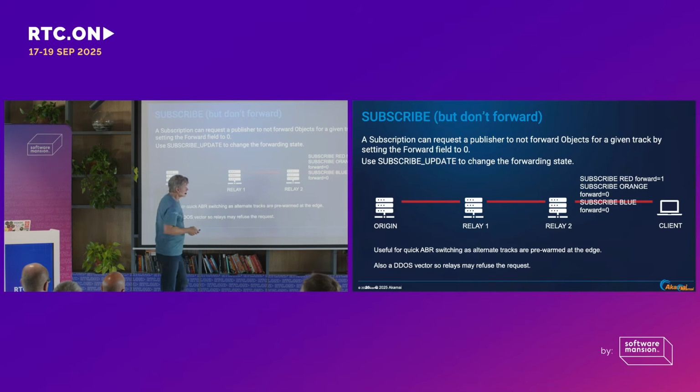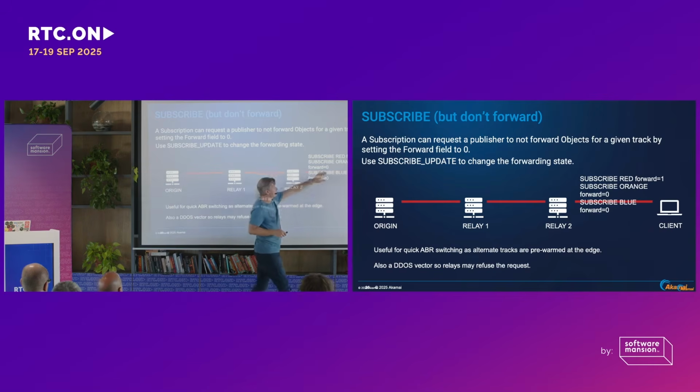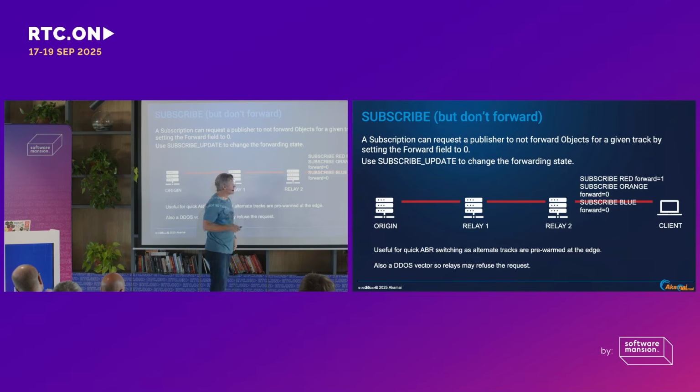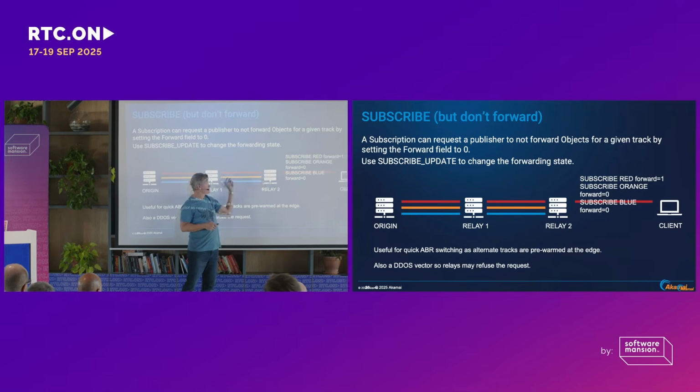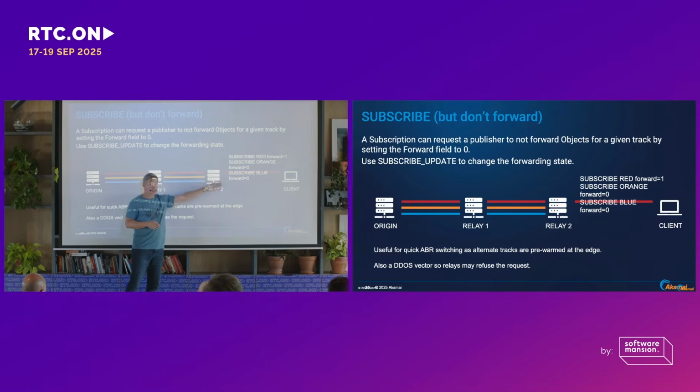The edge has to go all the way back to the origin, which might be in another continent, and fetch it. So now what we do, the client subscribes to the relay. The relay then makes a subscription to this relay, which makes one back to the origin, and the data flows back. And I set a flag called forward. So I want you to actually forward me this data. At the same time, it does a subscribe, but it says don't forward for 2 other bit rates. And it's basically just warming them at the cache. These are being pulled, and they're active here, but they're not being delivered.